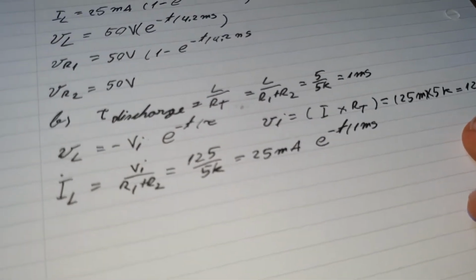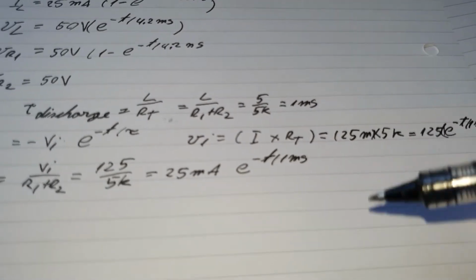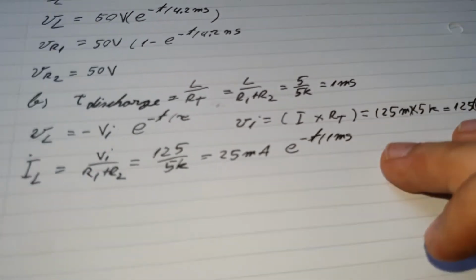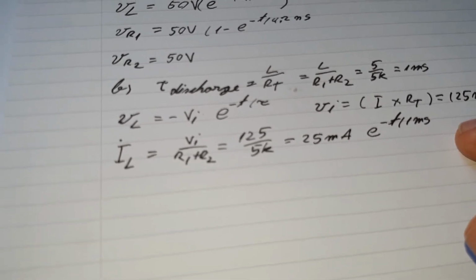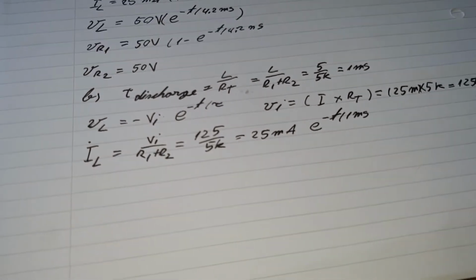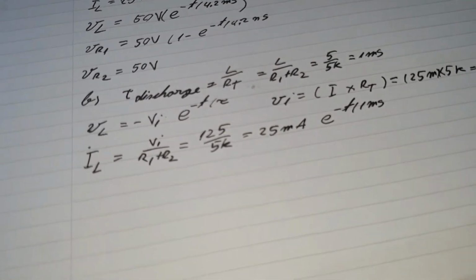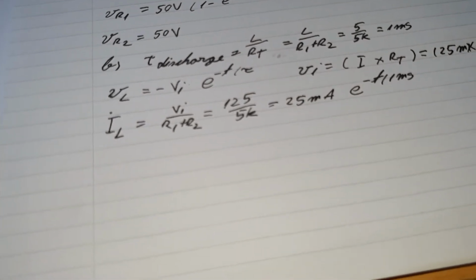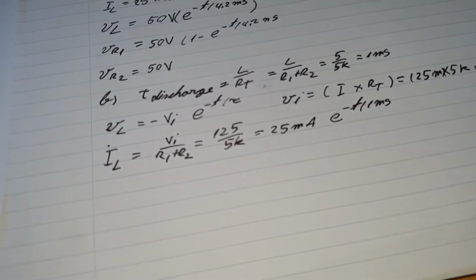Alright, so now we discovered both of them, and they sustain each other. They are both needed from each other to be able to calculate it. You can do it in any order really. You either calculate first the voltage or first the current, it doesn't really matter. But I would suggest calculating the current first because it's easier to find the maximum current than to find the maximum voltage inside an inductor.